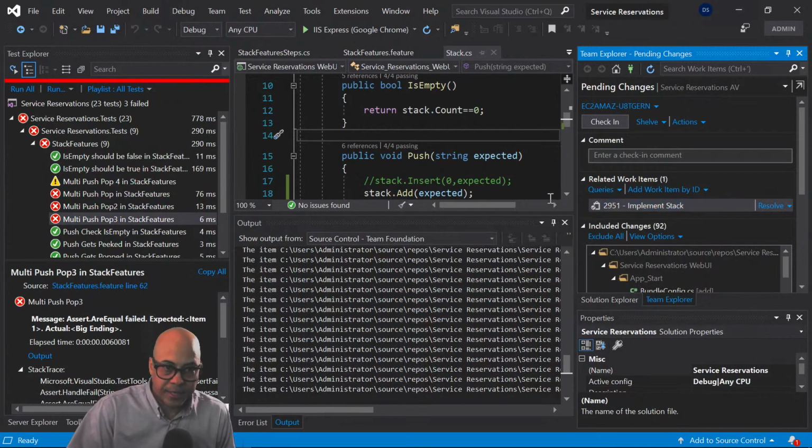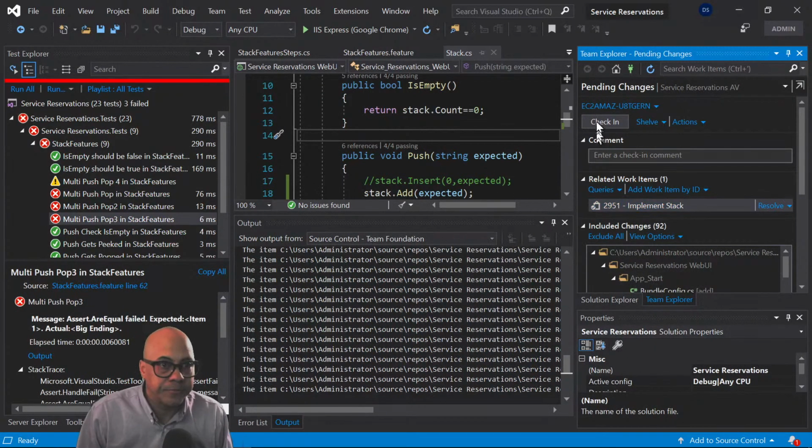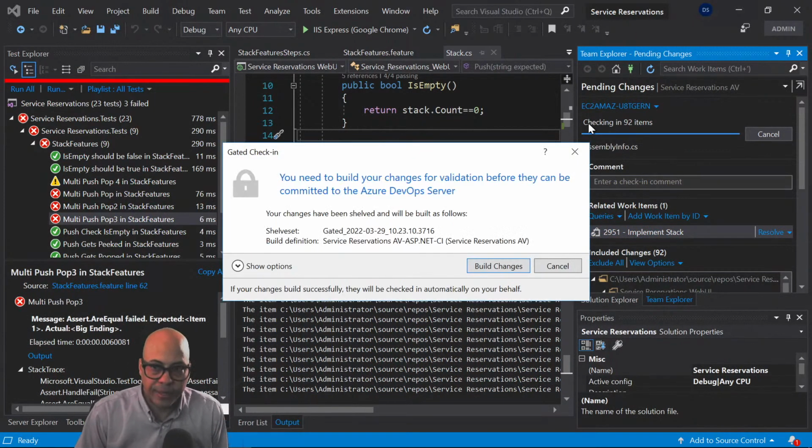Antoine did this check-in, and he was checking in work where he was implementing the stack class, and after that, errors occurred. So something that Antoine did in the stack class is what caused the error. So now I don't have to look through the entire code base to figure out what Antoine was doing because Antoine associated his check-in with the work that he was doing that was assigned to him. So typically I want to force that operation in a production environment so nobody can check in without doing that association.